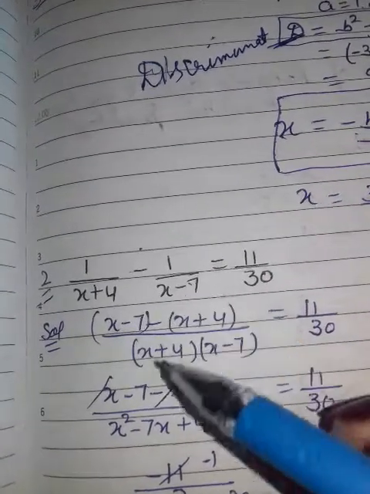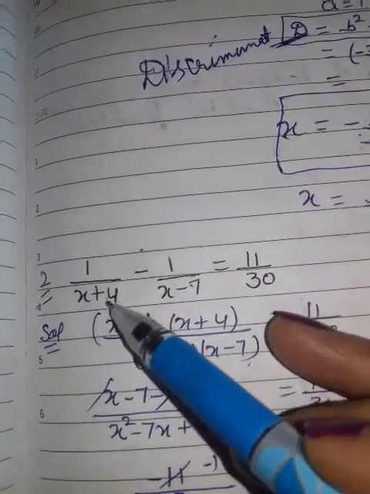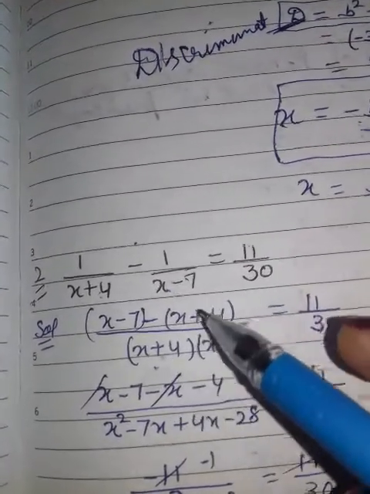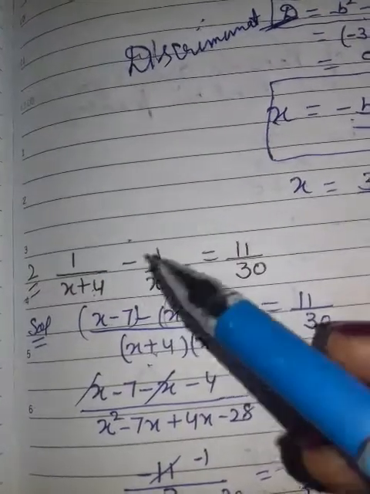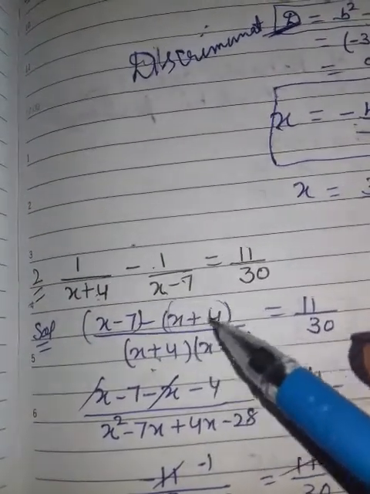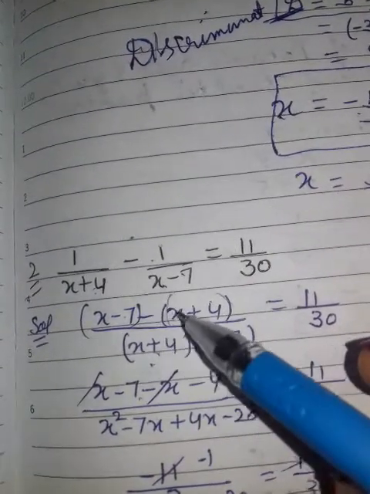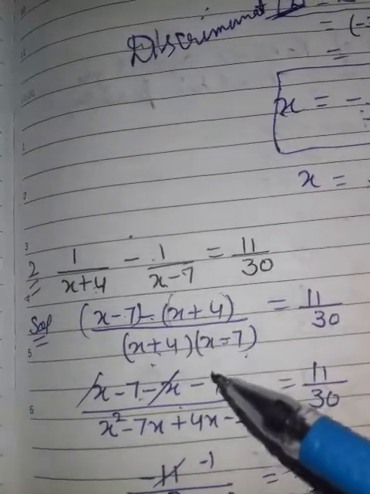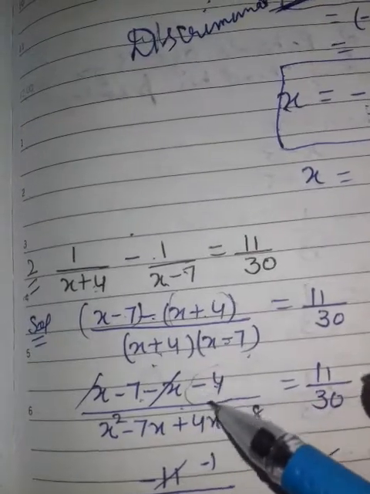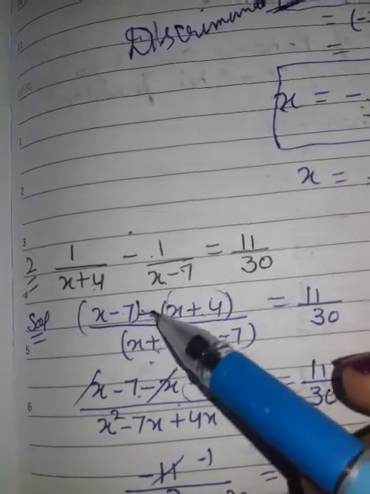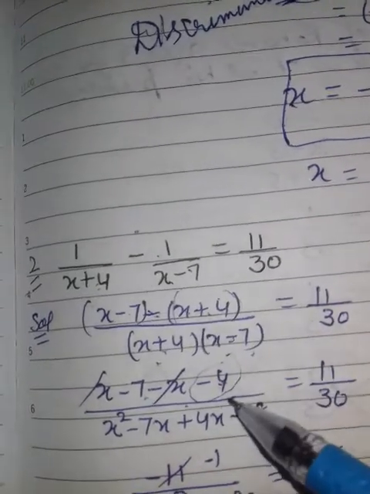Now next question is 1 upon (4x plus 4) minus 1 upon ... Firstly, what are you doing? We are taking LCM, both terms I kept. Here this term is here but not here, then I will keep here. Same here I keep, but remember this thing, there is a negative sign, so you will keep in brackets. Because when I open bracket, signs will be changed, minus plus minus. This is the most important point. Mostly students do mistake here. So minus x minus plus minus.